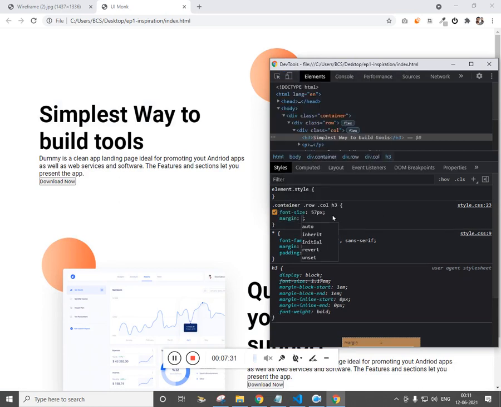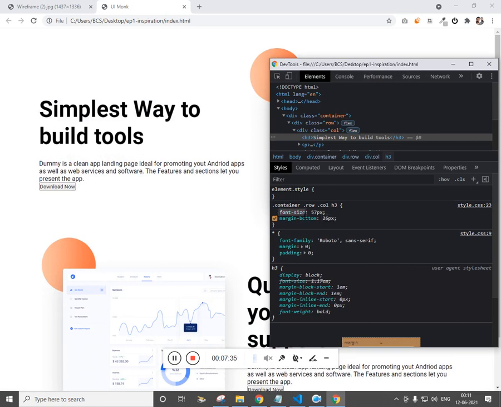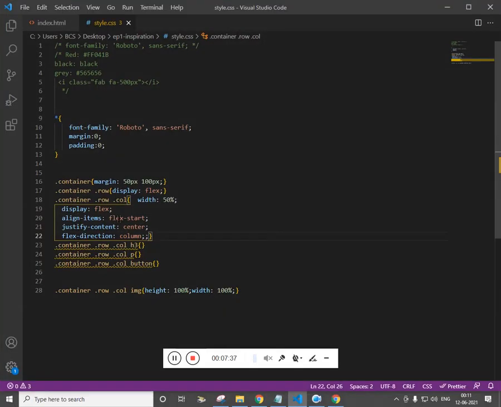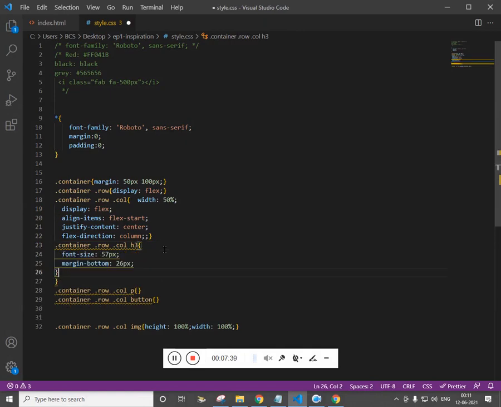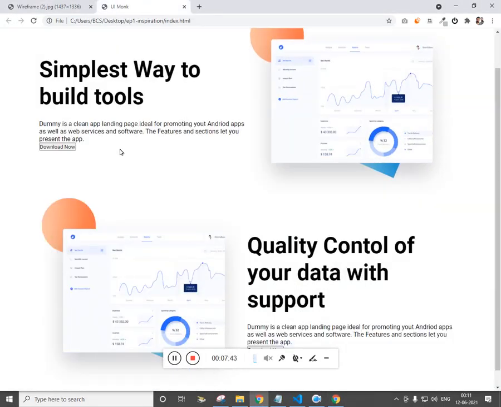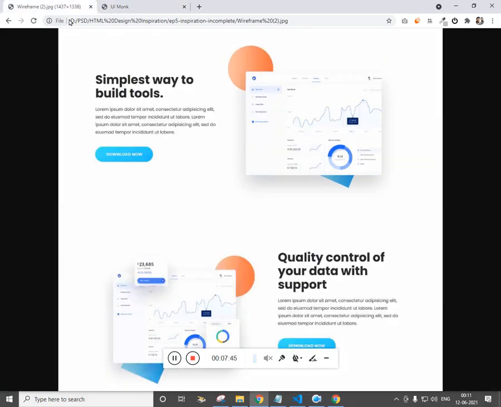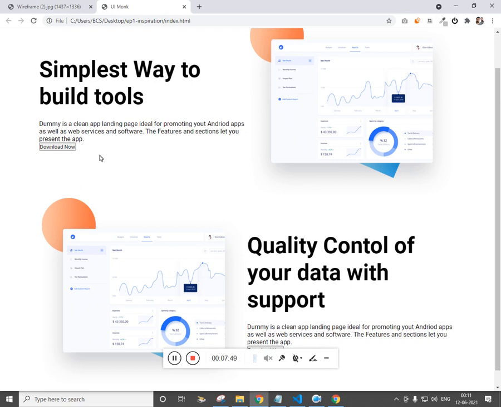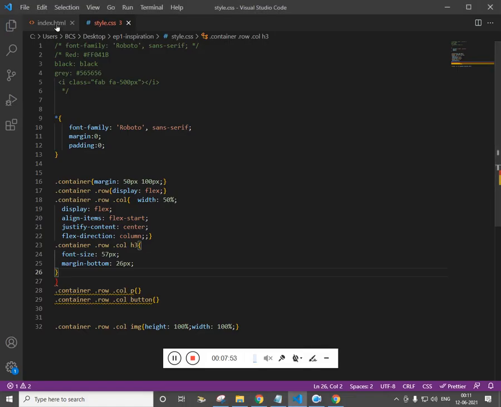Margin bottom 25 pixels. Cool for the h3. Let's now check the paragraph. The paragraph already looks great, but we need 4 lines. It is only taking 3 lines. Let me add 1 more line to the paragraph.